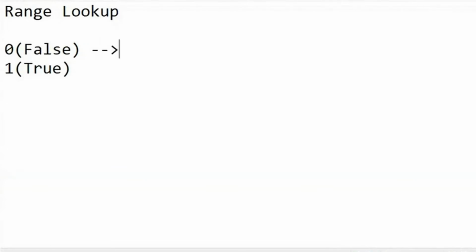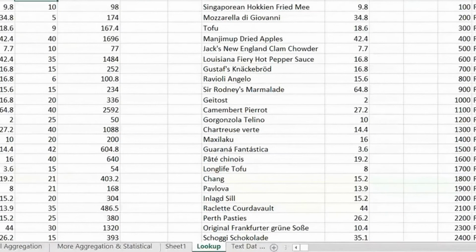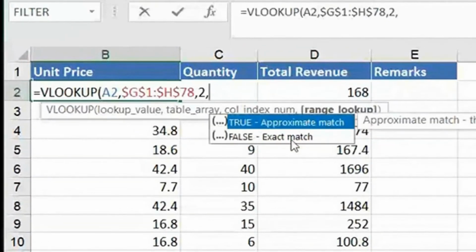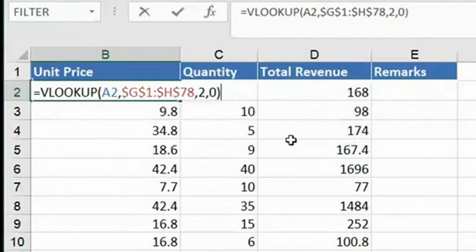0 stands for exact match. Exact match means exact match. 1 means approximate match. When you wrote VLOOKUP in the previous example, you wrote 0. I said I'll come back to the meaning of 0 in the second example, and I'm getting back to that. When you wrote 0, you told Excel, bring me an exact match. If you find a product A, bring me the information of A. If there is no A, say I don't have A. If you have it, you bring it; if not there, don't bring it. That is what 0 means.